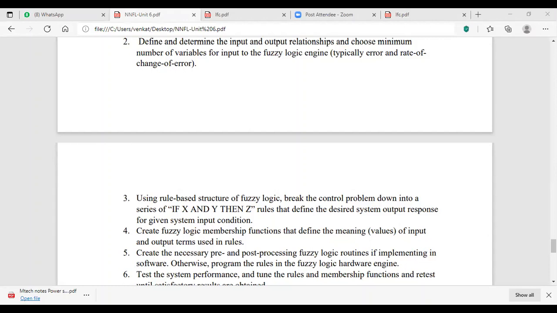which will give you the desired plant output response. So you need to monitor delta F and delta V in the load frequency control. So once the comparison between the two controllers, PID controller and fuzzy logic controller, the output response, you are monitoring your settling time, overshoot and steady state error. Okay.